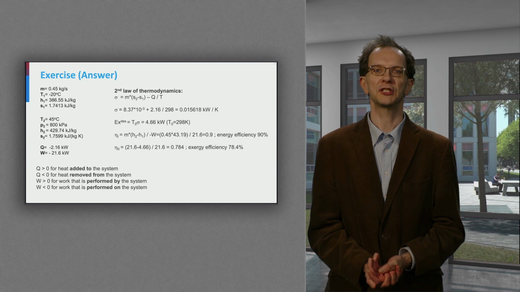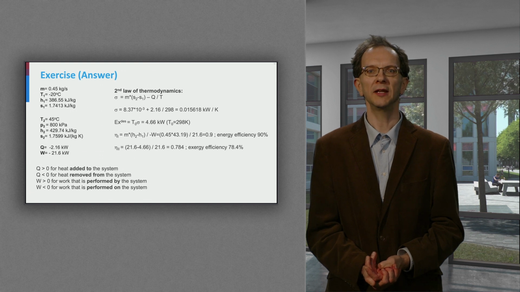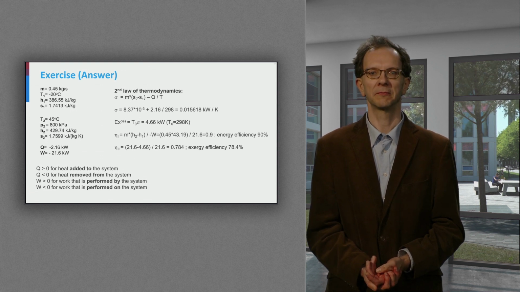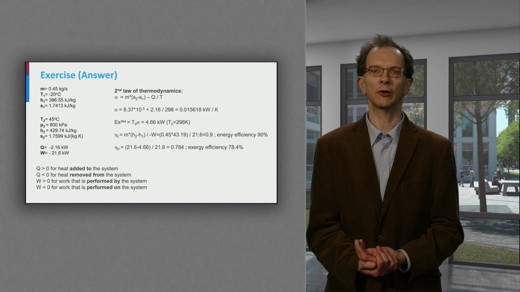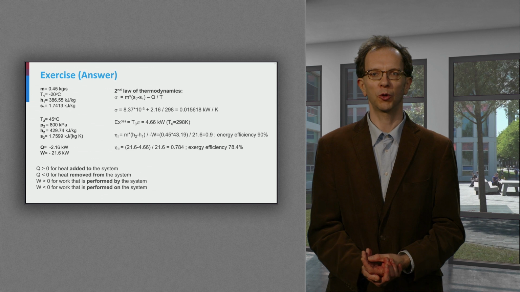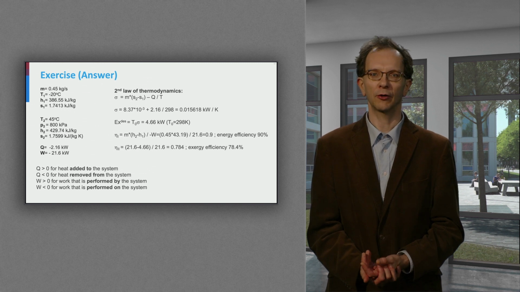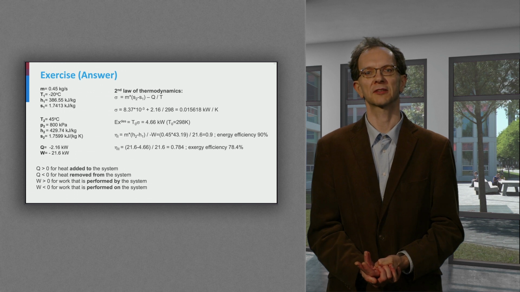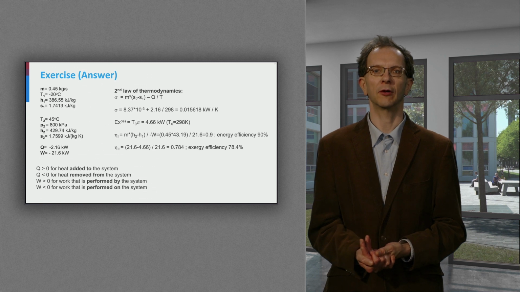The first law efficiency is the increase in enthalpy of the system divided by the work that was put in, and this is 90%. Of course, it must be 90% because 10% of the work of the compressor was lost in heat. The second law efficiency is the useful effect, which is the work minus the exergy destruction, divided by the exergy that was put in, which was the actual work. This second law efficiency is computed at 78%. By systematically comparing and optimizing the first and second law efficiency, we can design optimal heat pumps and refrigeration systems.